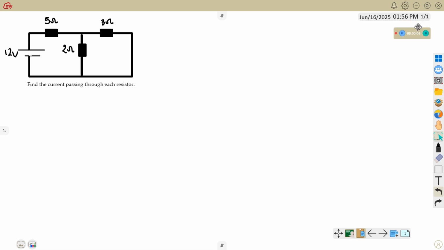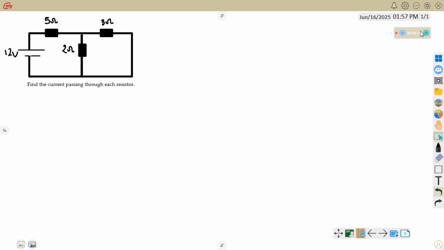So today we're going to be looking at Kirchhoff's laws. Kirchhoff has two laws: the Kirchhoff current law and the Kirchhoff voltage law. The current law is also known as the junction law, and I will explain why it is called the junction law. The voltage law is also known as the loop law, and we'll be explaining why it is called the loop law in this video, because they are very important in